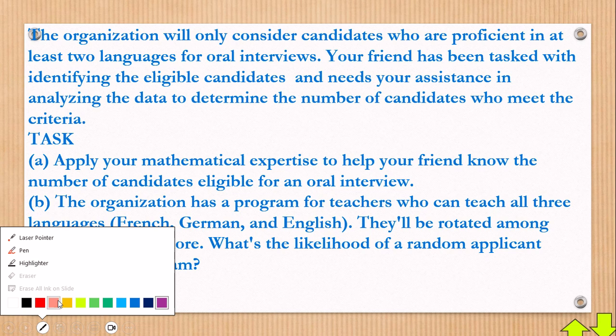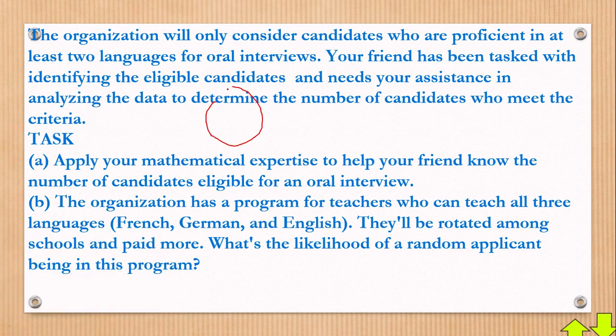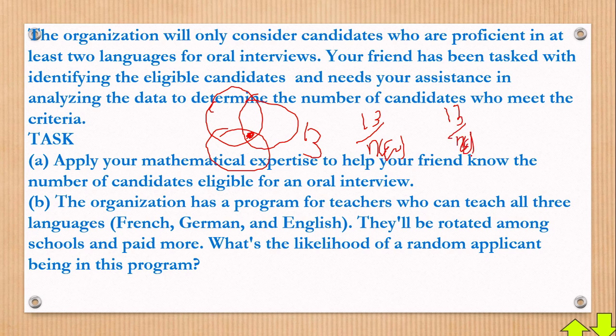So all the 3 languages, please, what you must know as far as Venn diagram is concerned, if you have it right there, all the 3 is this part I'm shading. That part I'm shading is what we have as all the 3. And remember that was our 13. So a probability is that 13 over what they have asked for, over the number in the universal. So here they are talking about all the 3. So you put number of all the 3 over the number in the universal. Alright. The word likelihood means probability, please.